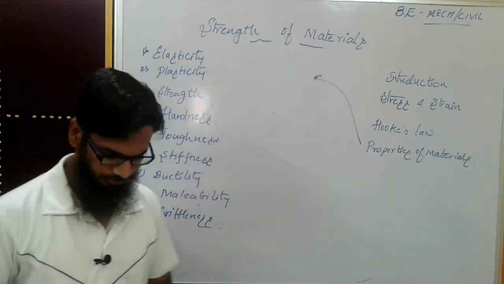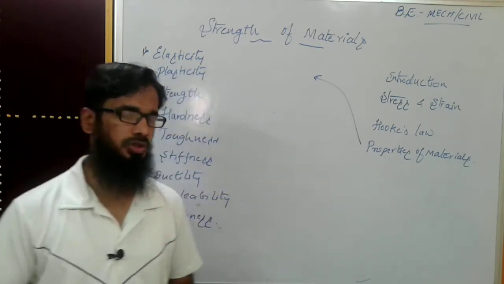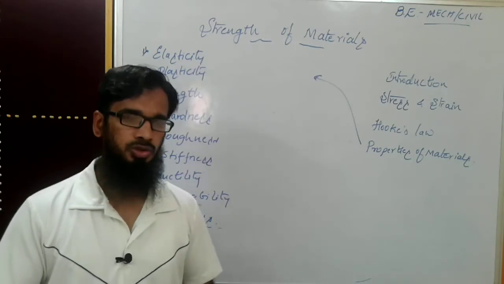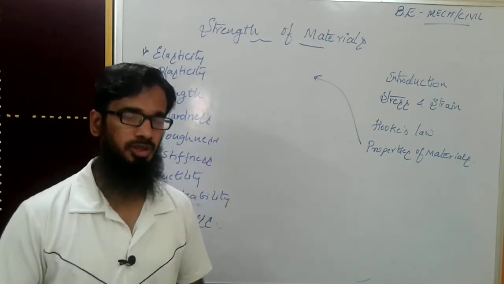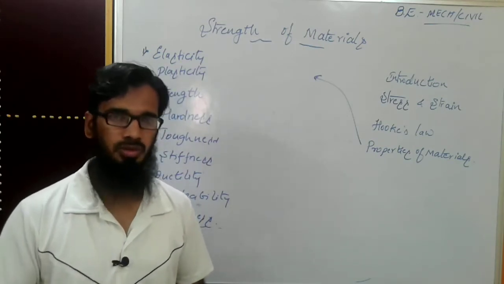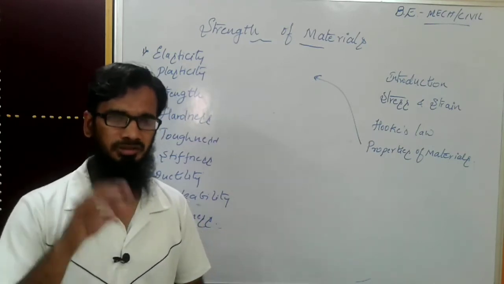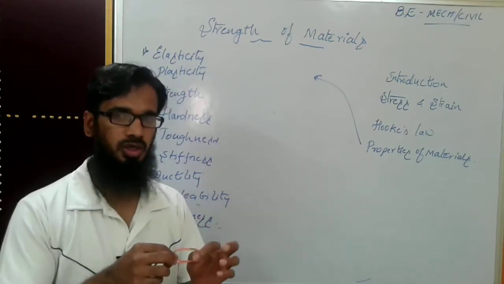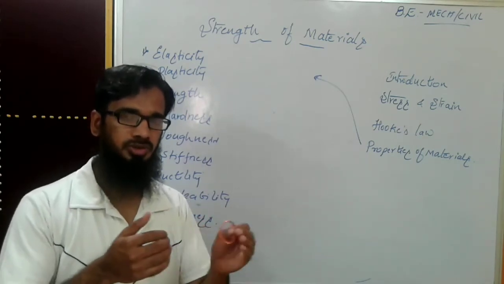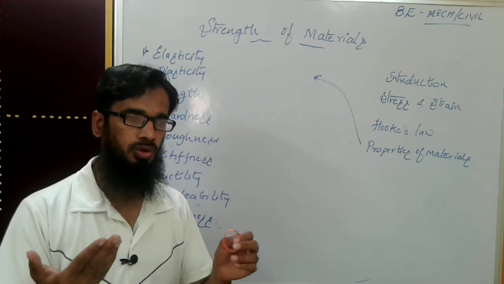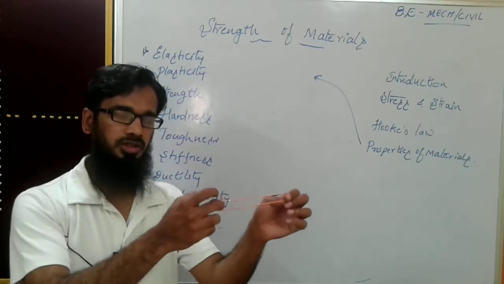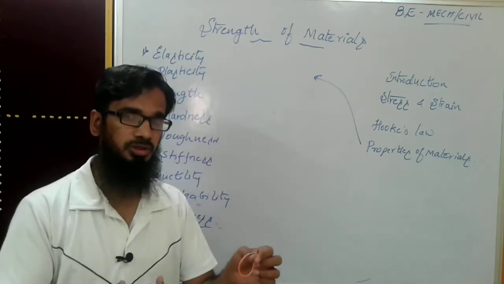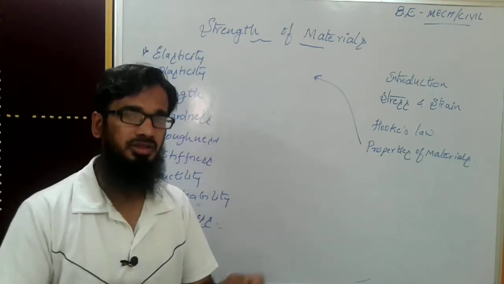Now the stiffness. The stiffness is also the same; I have explained it in the previous example itself. The stiffness is nothing but a resistance to deformation, because every material deforms when you apply load. Deformation means elongation or contraction. So it has some sort of deformation because of the applied load. In this material there is more deformation, so it has less stiffness.